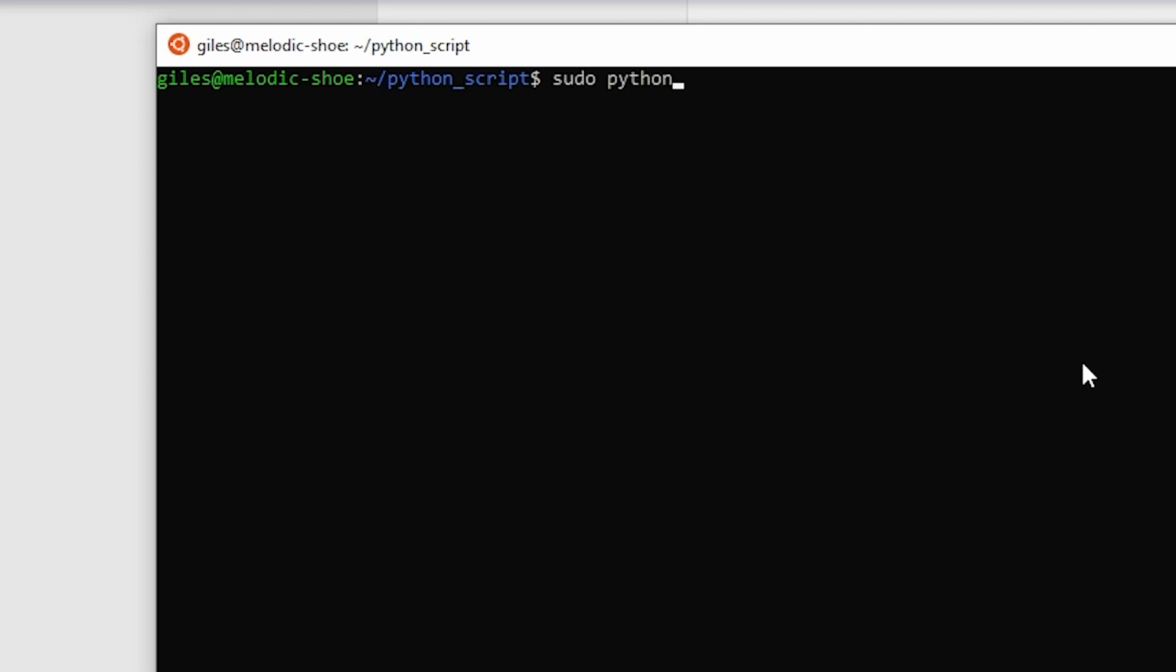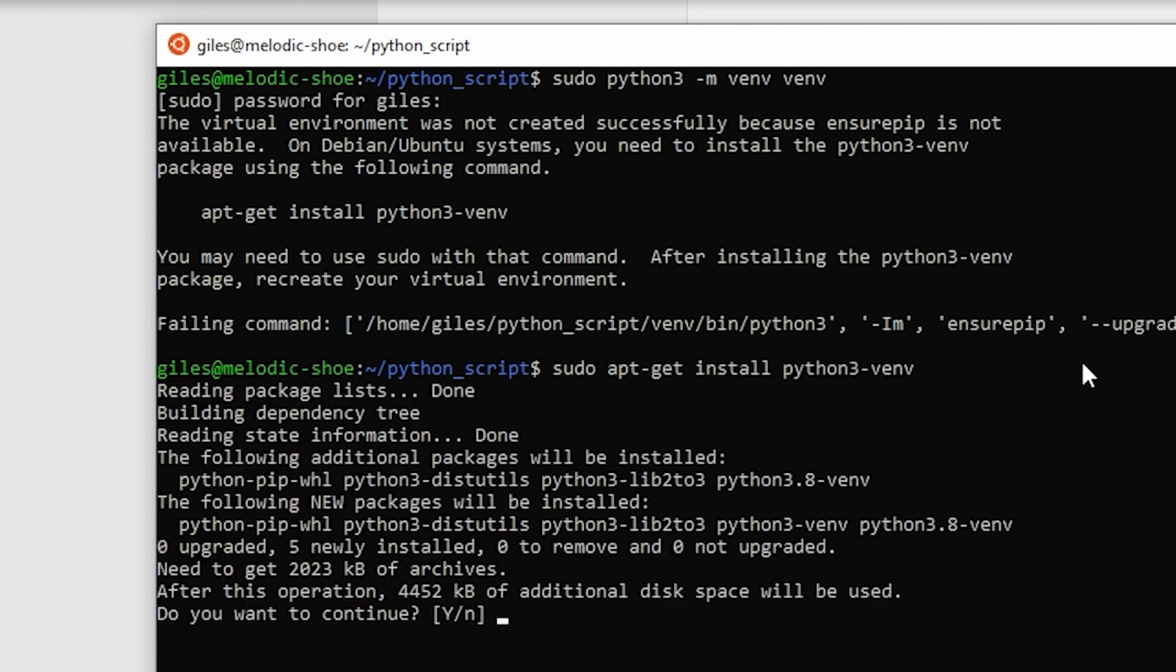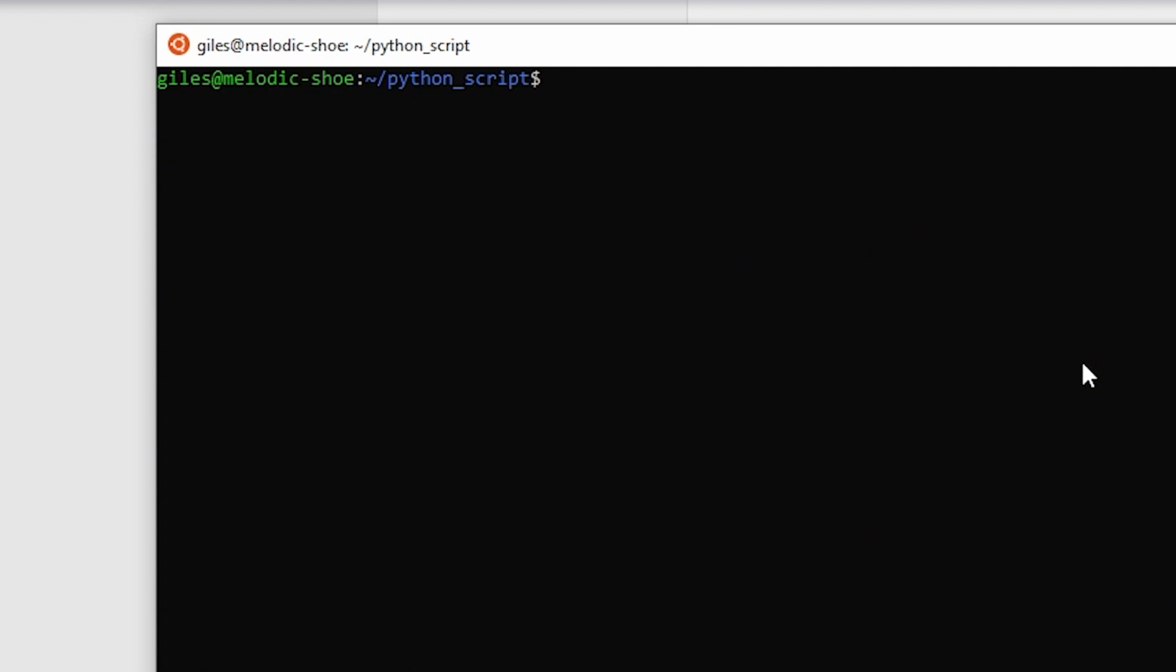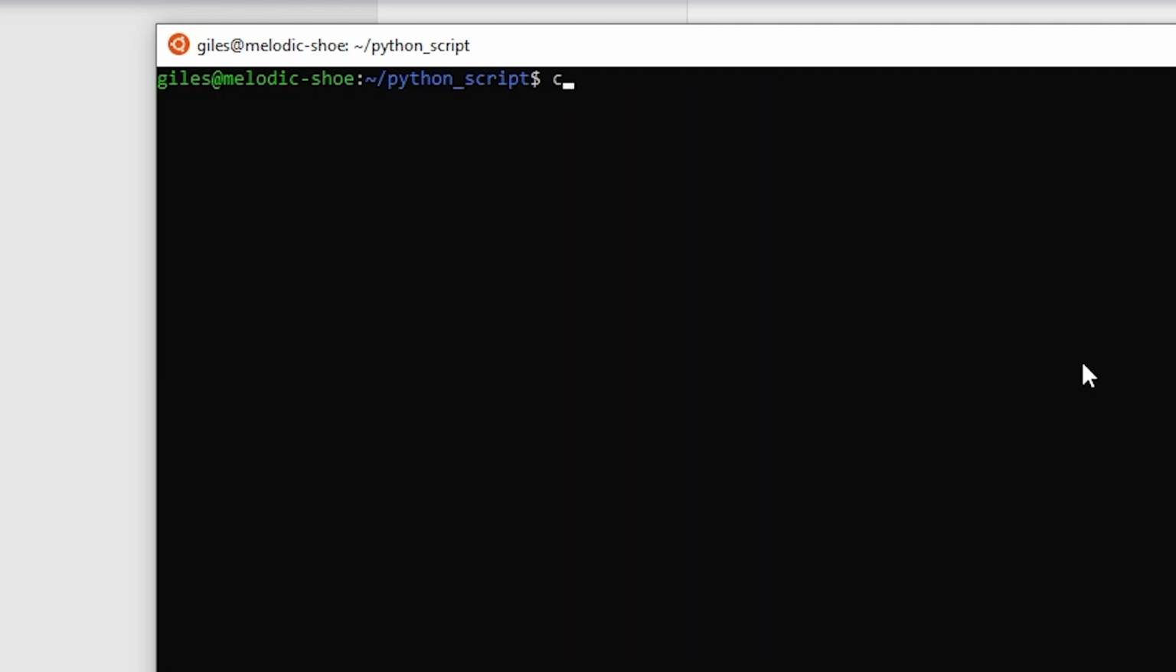So python3 venv. Okay, so we're going to have to install this now. So let's do that. So we'll sudo apt-get install python3-venv. So let's just do that. We'll continue there. Okay, and now we can set up our virtual environment. So we'll do that. So that should set up now. Okay, so let's just have a look, and there it is. Now we'll activate that. source venv